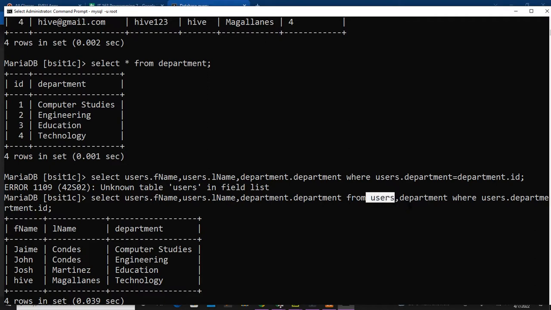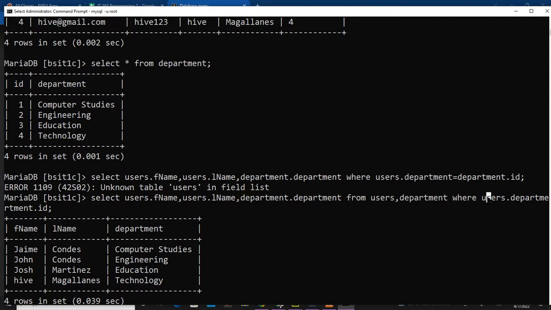So, you have the table names: the users and the department. Because we specify the users and the department as where we get the data from. Right? So, from users and department, where